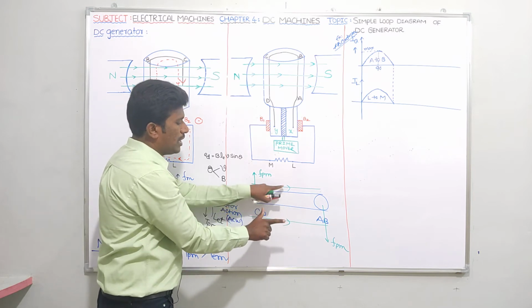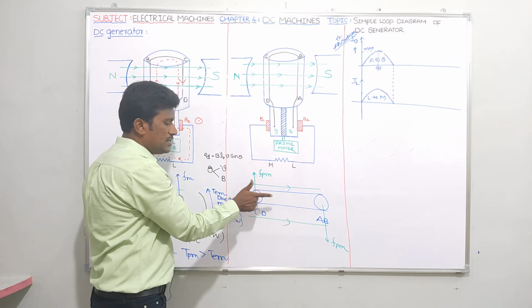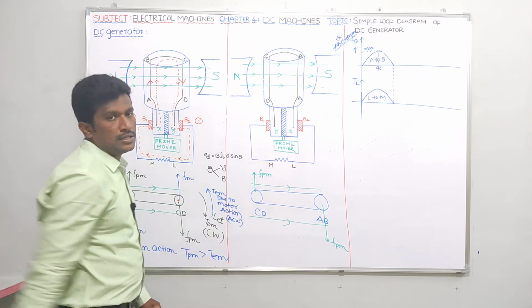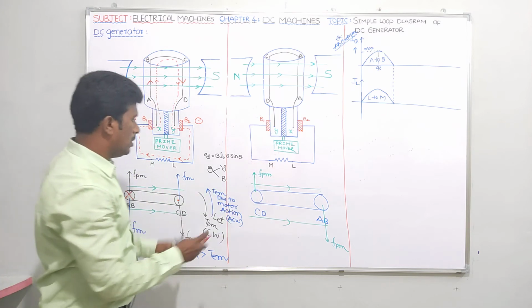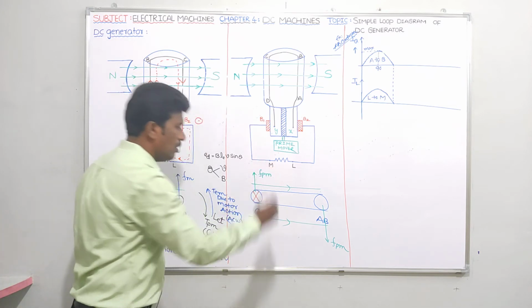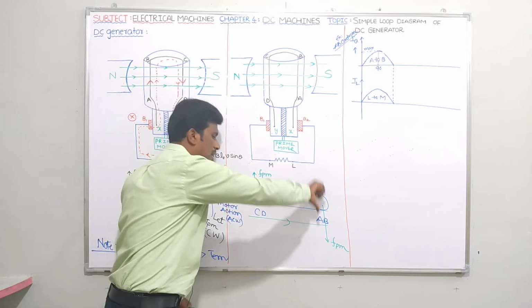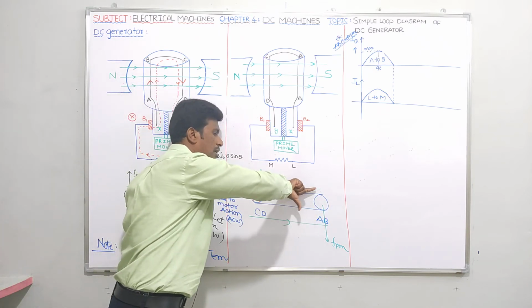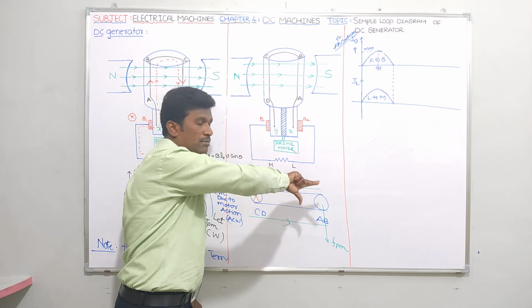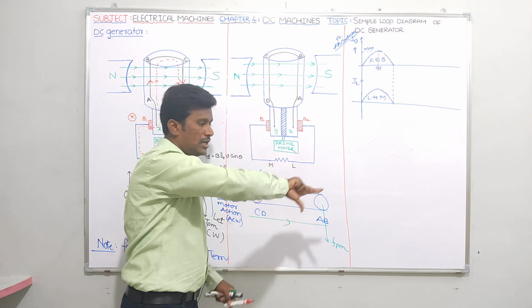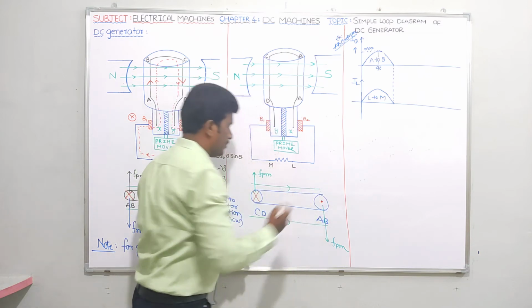Forefinger indicates the direction of the magnetic field, and EMF is induced in that conductor. Okay, cross. You're getting cross, right? Now what about CD? When the conductor moves downwards, cause the magnetic field, direction of magnetic field, and EMF or current is induced in that conductor. Let me take a dot here.